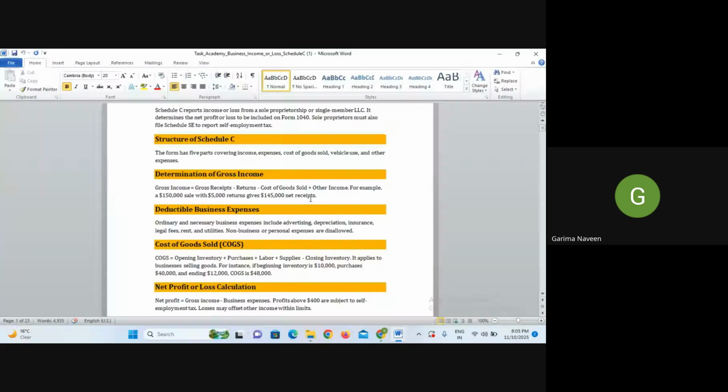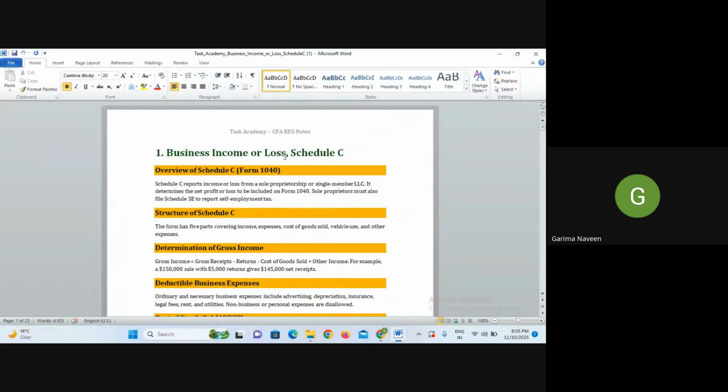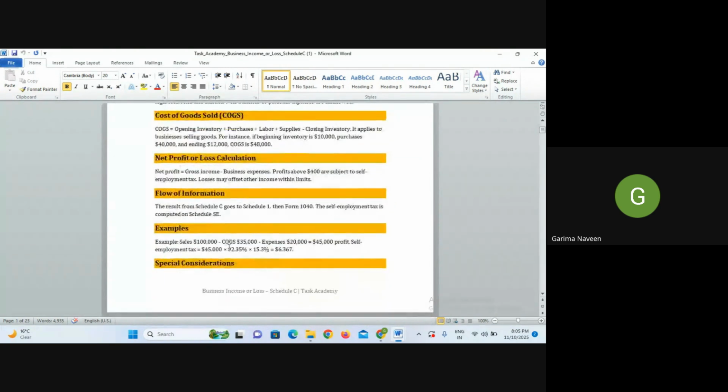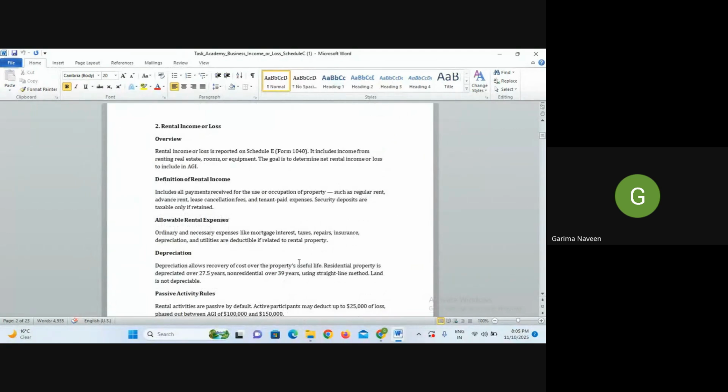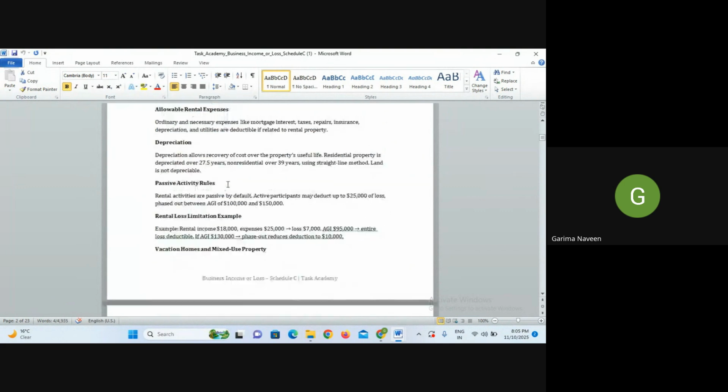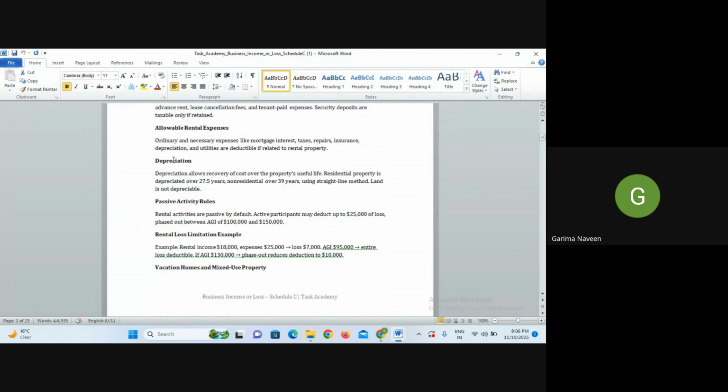In the last class, we talked about Schedule C, which includes all the income and loss coming from a business. Like if, as a taxpayer, you are running some business as a sole proprietor or even a joint venture with your spouse, then you should file your income or loss in the Schedule C. Next, we discussed Schedule E, everything about Schedule E, which includes rental income and losses, and also the